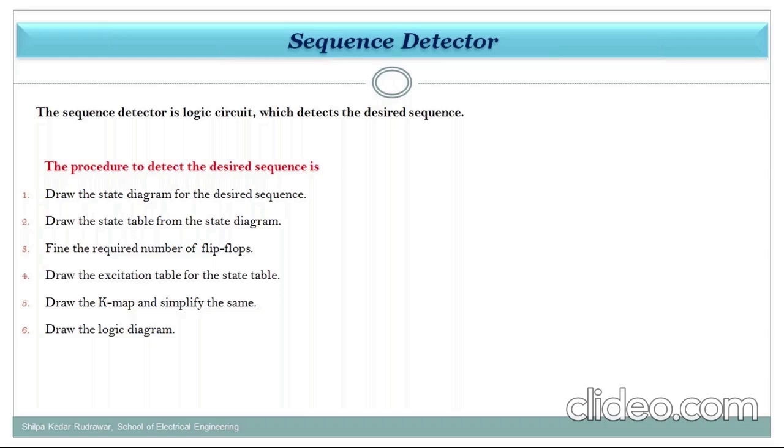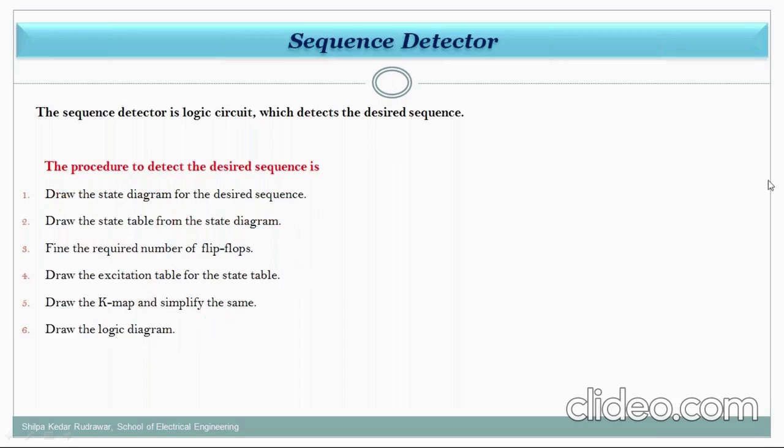Okay, now the procedure is the same. You are able to see. First is what? Draw the state diagram, and in a sequence detector this is very important because you are not getting a ready-made state diagram as you got previously. So here is the main thing. Then the state table, as I told you. Then use the proper flip-flop. Use the excitation table. Draw the K-maps related to the JK flip-flop, or whatever flip-flop you have taken, for the input of that and the output, and then implement the logic. So these steps are the same. I'm not going into the detail of this because once the state diagram is prepared, all the other steps are the same.